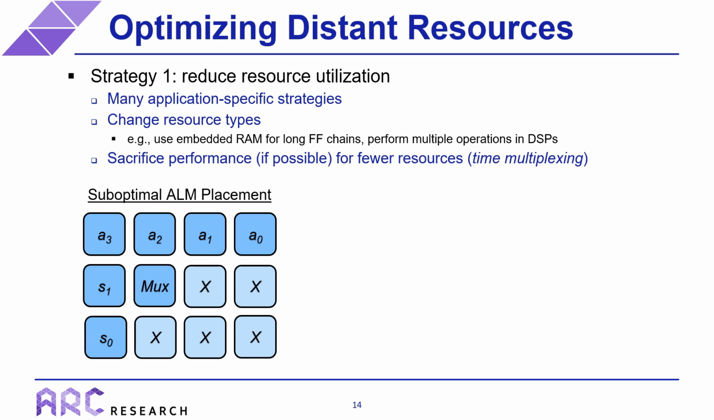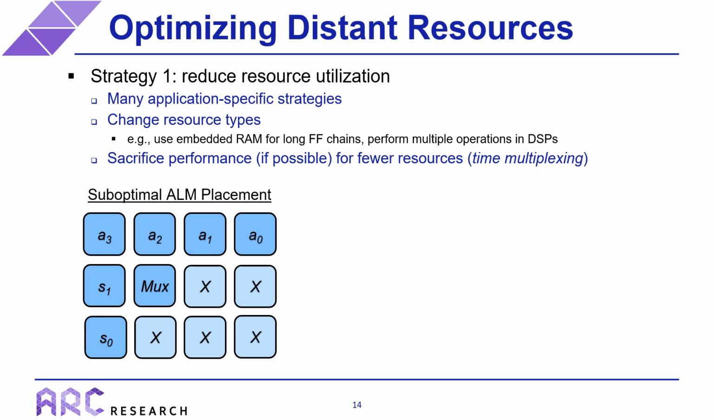Similarly, DSPs on different FPGAs often have low-level optimizations that allow you to perform multiple operations within a single DSP. So if you modify your code to take advantage of these optimizations, you could potentially reduce DSP usage by a factor of 2 or more. Another general technique is to sacrifice performance, assuming this is possible within your constraints, by time multiplexing operations across fewer shared resources. The figure at the bottom illustrates how resource reduction can help placement take distant resources and move them